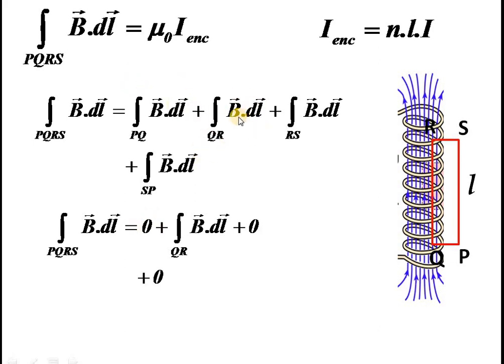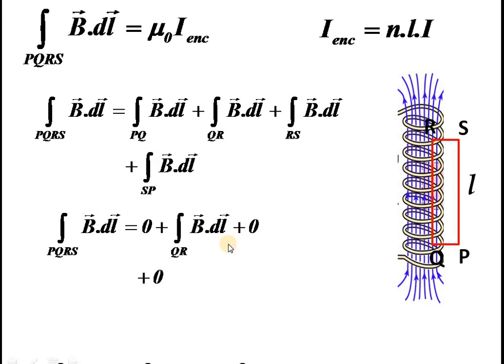What about the second term? Integral B dl, that is inside. Here B and dl are parallel, so you cannot take it as 0. We retain it; B dot dl is not 0. What about the third term RS? Here B is like this and dl is like this. They are mutually perpendicular, so obviously B dot dl becomes 0. And what about the fourth term? SP is outside, where we already proved that there is no magnetic field. So the fourth term must be 0 since B is equal to 0. So finally our integral over PQRS becomes simply integral QR B dl.